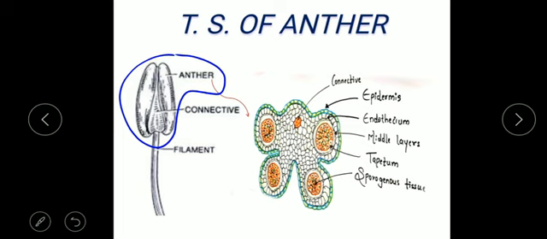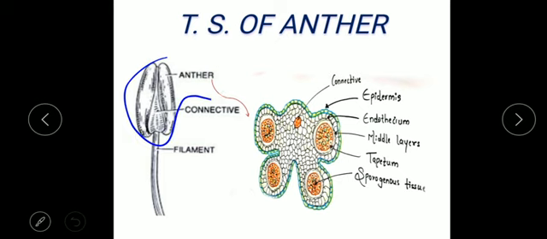But when we have to study the internal structure of the anther, which includes the different layers you can see here, and also the internal sporogenous tissue, we definitely have to take a section of it. The external part we can see with our naked eyes, but to study the internal structure, we have to take a thin section of the anther. That's why the TS of anther, the transverse section, which is the horizontal section. In this way we cut the thin section of the anther, so that we will be able to see such a structure.